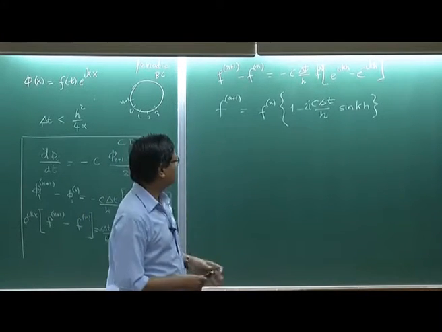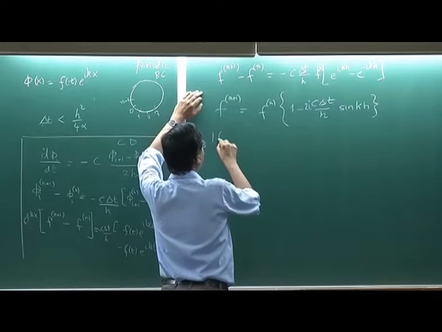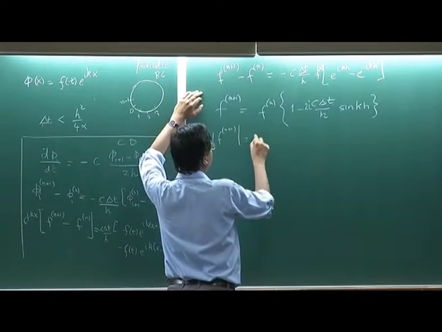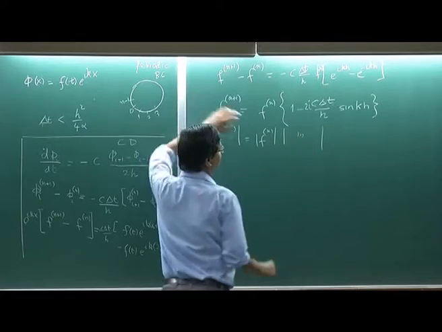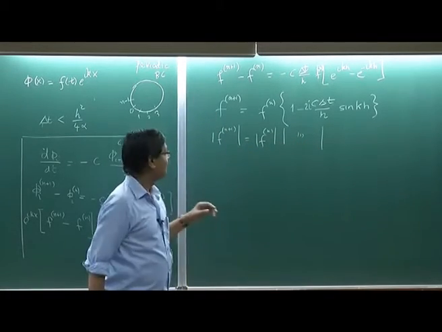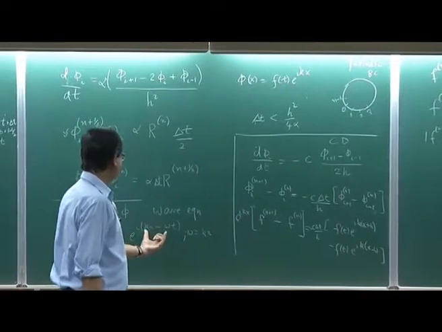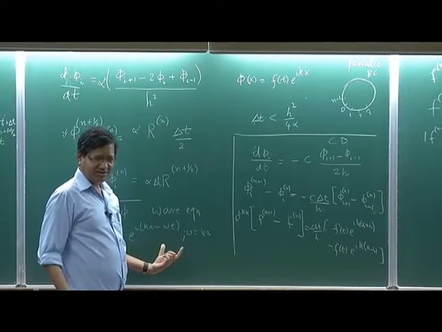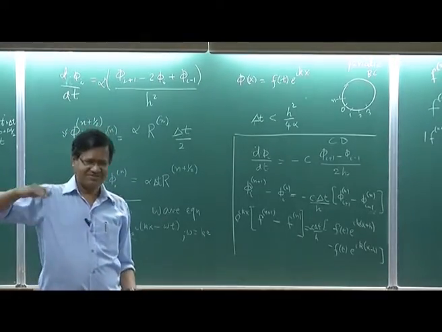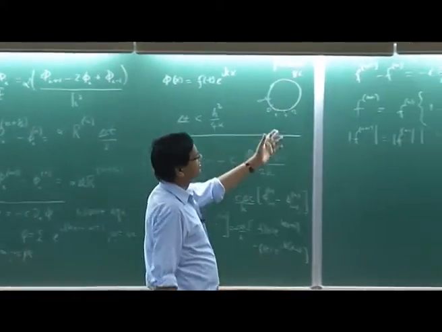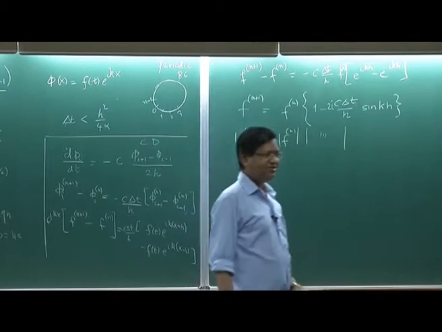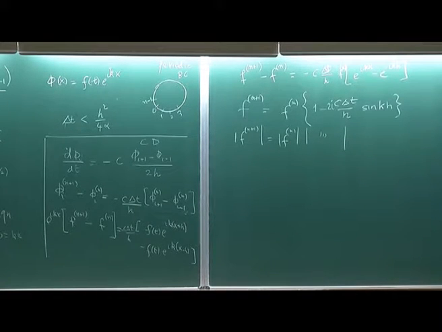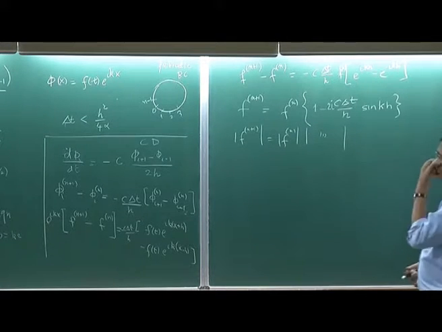yes, because if you take the mod, mod of f n plus 1 is mod f n times mod of this, and this is growing. So modulus is growing. So the time dependent part here is e to the power minus I omega t. Omega is real, so it is not growing, it is oscillating, but here it is growing. So this is not a good solution. Okay. So Euler forward, I say, well, I put everything right, but I am not getting the right answer. But mathematically this is unstable, and that is why we need to worry about stability of a differential equation.